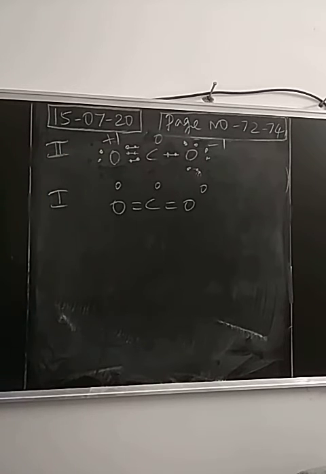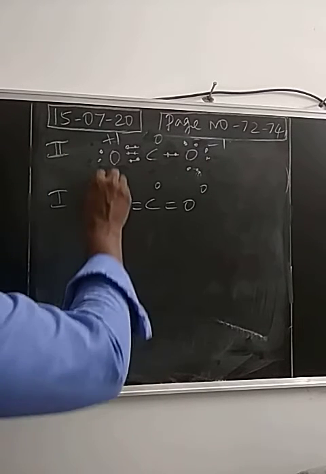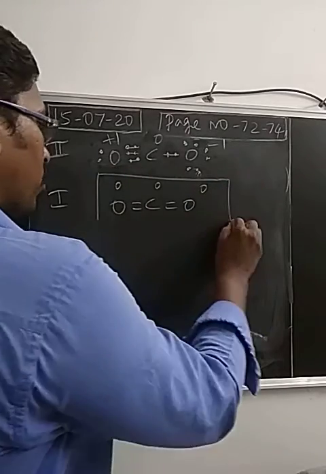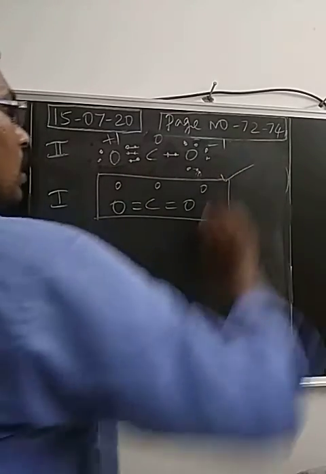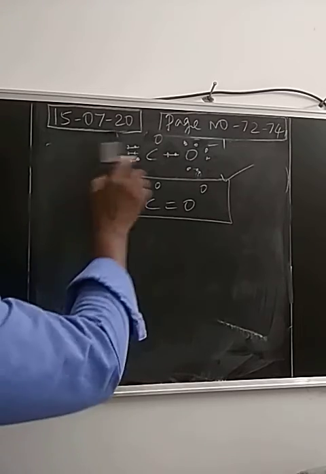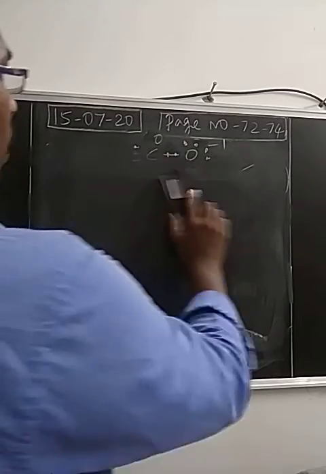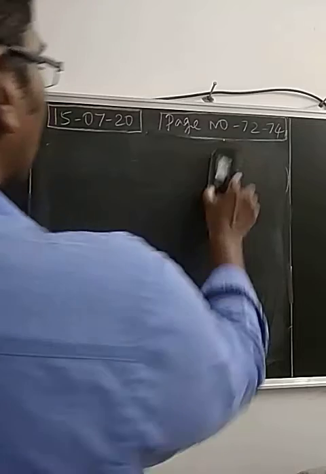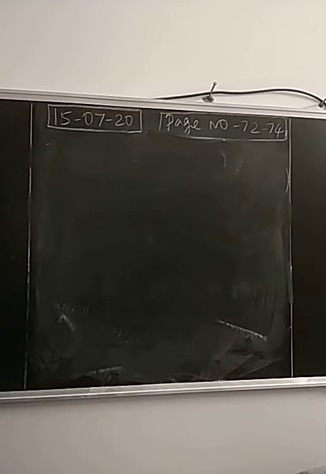So out of these 2, which will be the preferred structure? According to the guidelines, the structure with 0 formal charge is the most favorable, preferred structure, right? So this is the application of formal charge. With this we complete the formal charge concept.